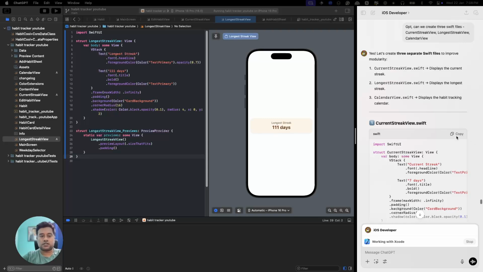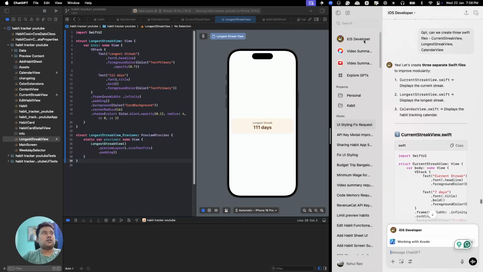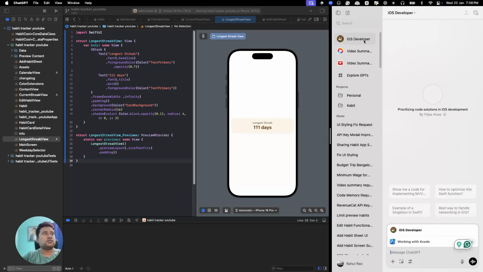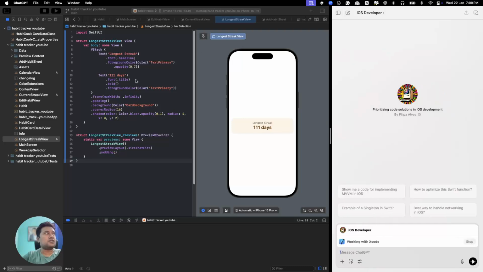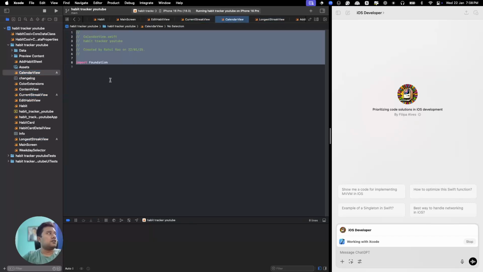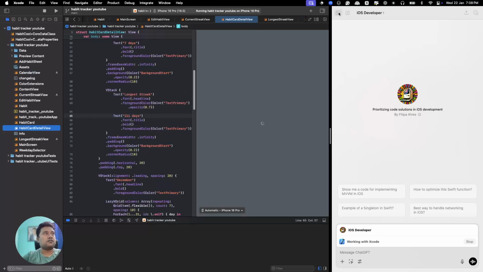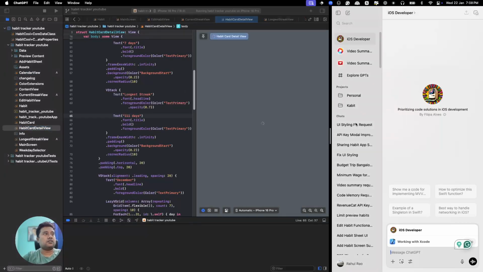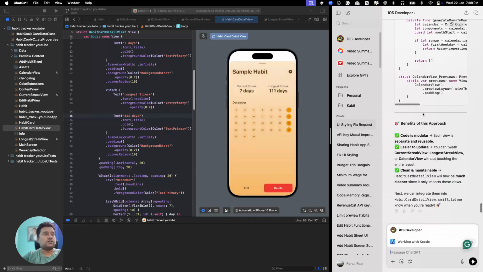One mistake I've made here is I've already worked on this screen, so it remembers the styling. Since we are starting from scratch, I'll create a new iOS developer file, and then let's start from scratch. I'll delete this entire code. I'll also delete this, and since this is a new file, I'll enter the prompt again. I'll just copy the prompt from here,